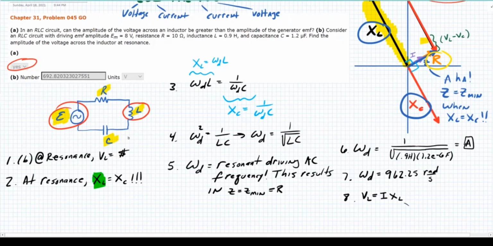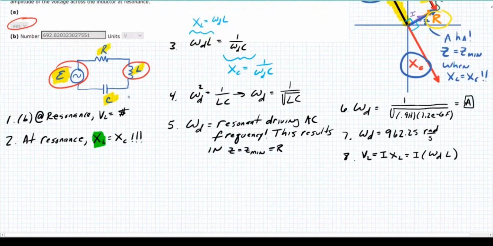So this is what I have in step 8, Ohm's law. I'm going to get I times XL. XL is omega D, and I have that, times L. But before I go any more, I got to figure out what I is. All right, so number 9. Number 9. In general,